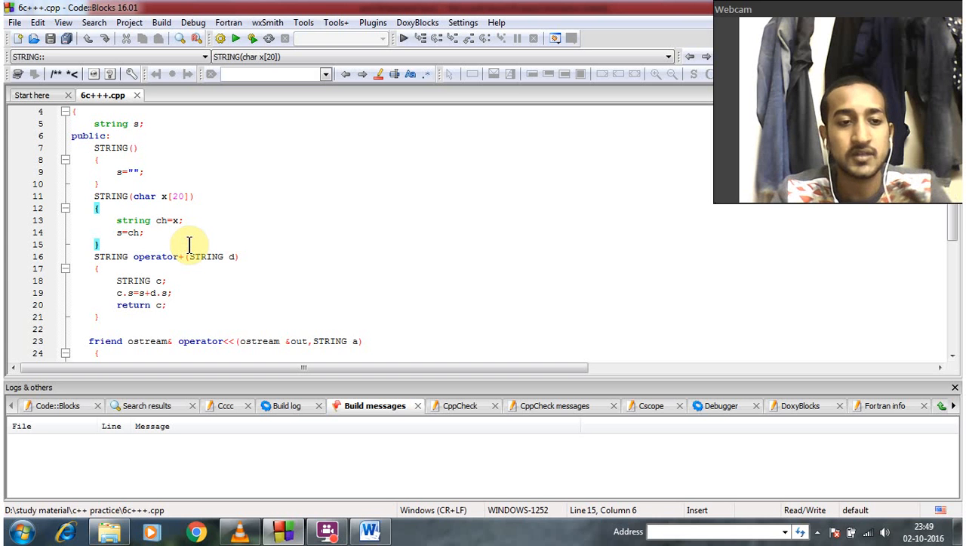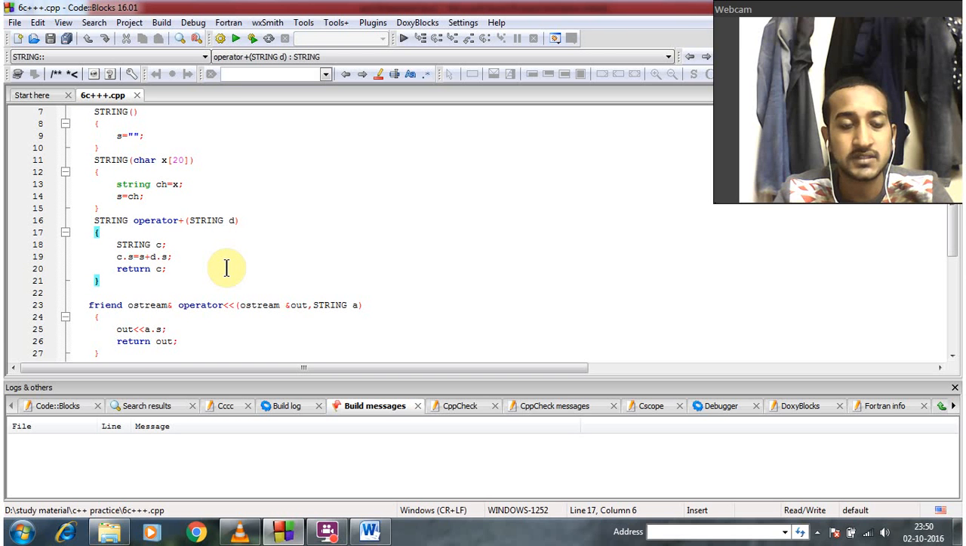So we are copying the character array into the string, because at the time of creating the object, we will pass the character array as an argument, and that should be stored in the string. And the third function is the one in which we are going to overload our